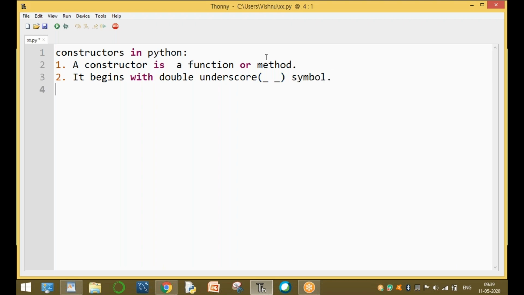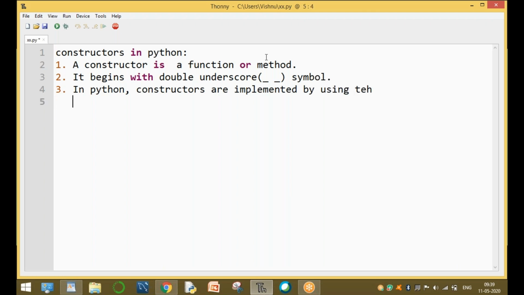In Python, constructors are implemented by using one inbuilt function.